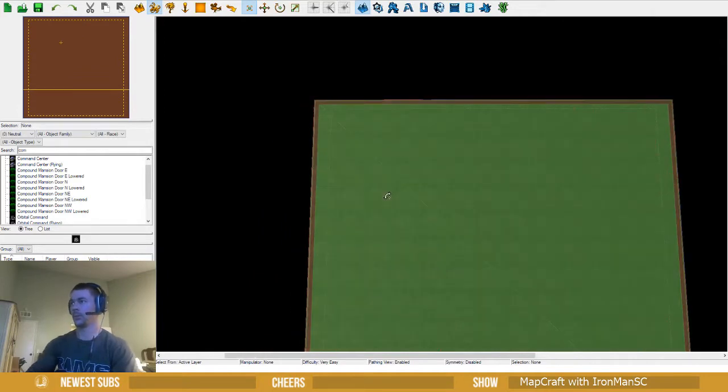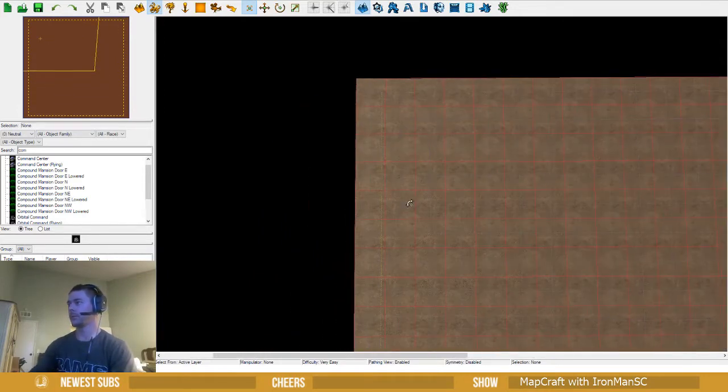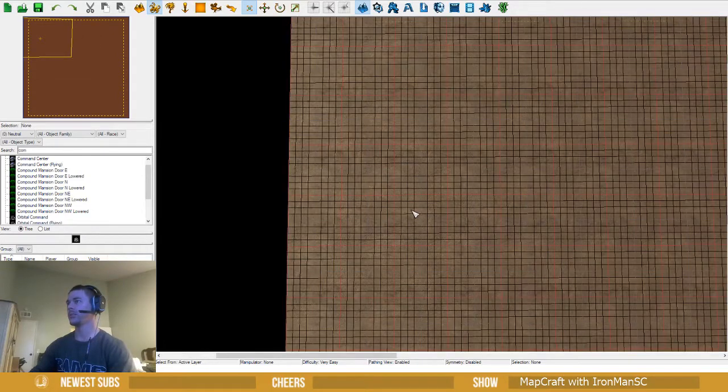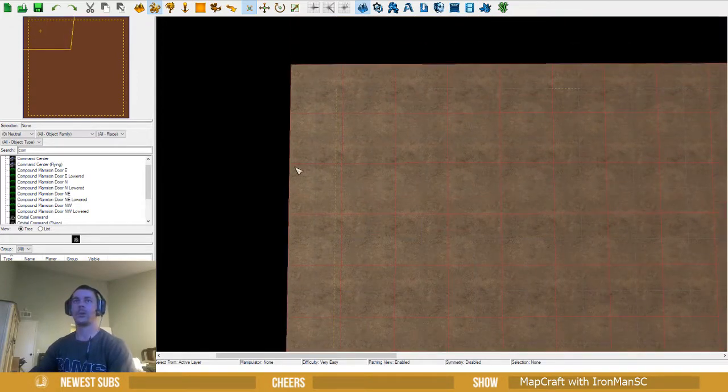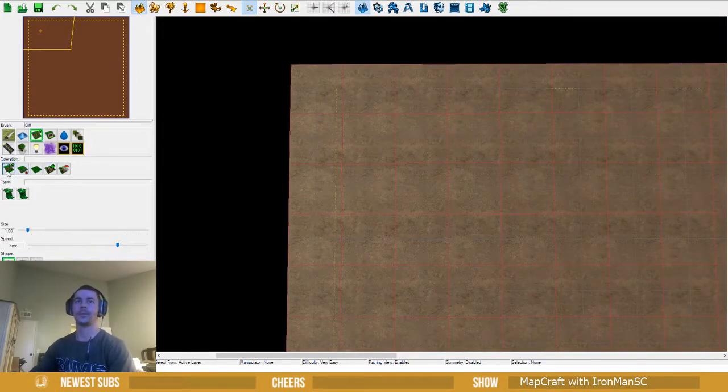Alright, we'll get to this grid pretty soon. Alright, so this is your grid. You have a large grid, you have a small grid. I don't recommend the small grid, really no need for it. No grid at all, so we're going to want one grid. You go over here to your terrain palette, okay? You've got no ramp, or remove ramp, add a ramp. This one is same level cliff, which